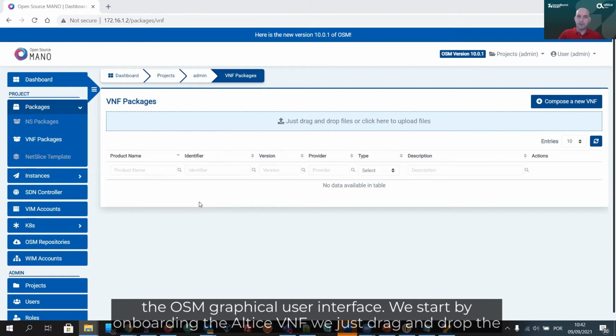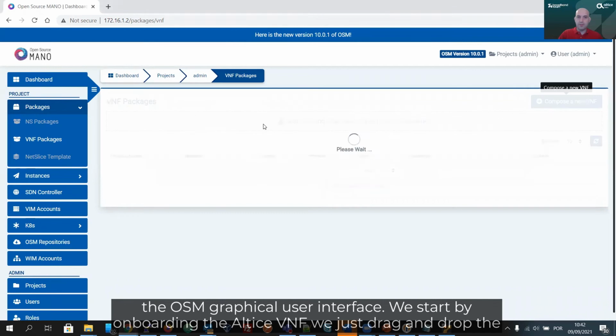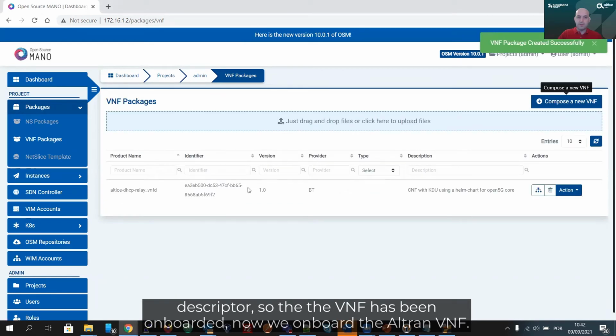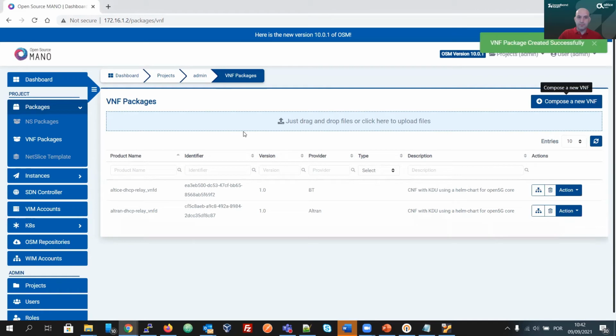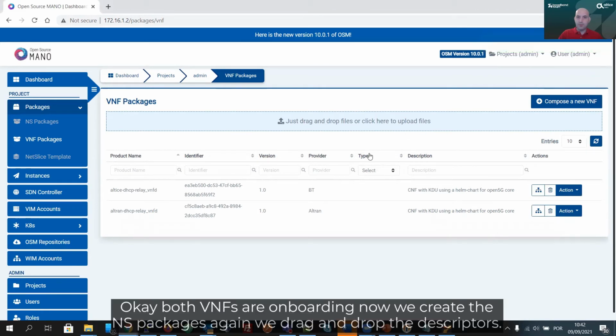We are seeing the OSM graphical user interface. We start by onboarding the Altice VNF. We just drag and drop the descriptor. So the VNF has been onboarded. Now we onboard the Altran VNF. Okay, both VNFs are onboarded.